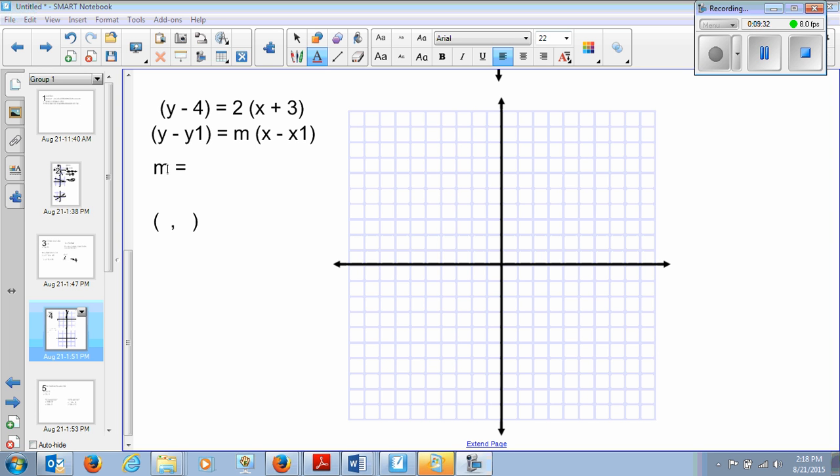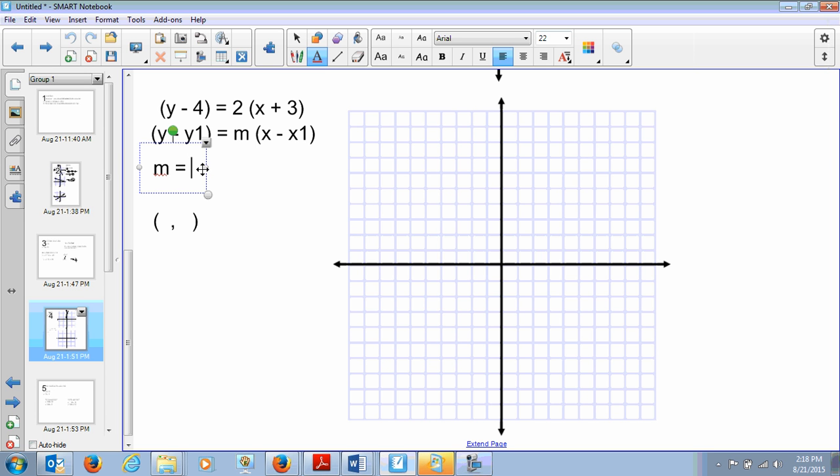So hopefully you know already what the slope is going to be. The number that took the place of m is 2. So our slope is 2. And our point is going to be located at, well, let's look here. What took the place of our y-coordinate, y1? Well, that's a 4. It should be y minus our y-coordinate. It's y minus 4. So that means our